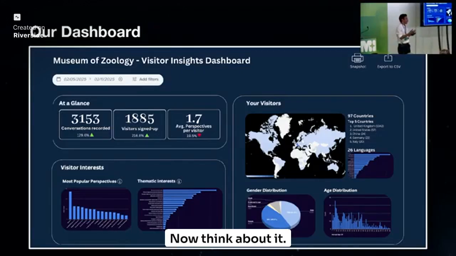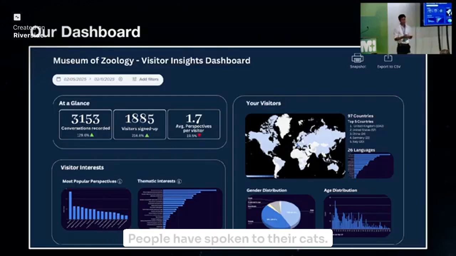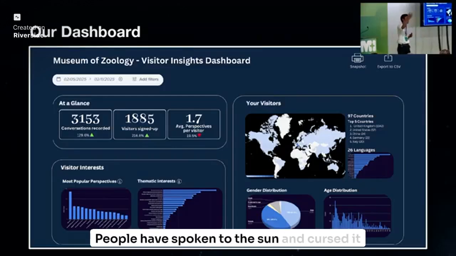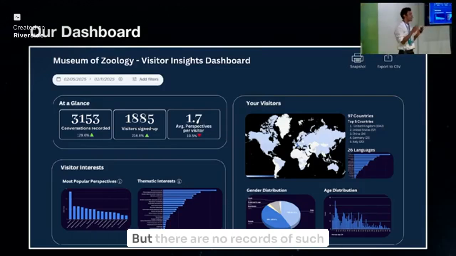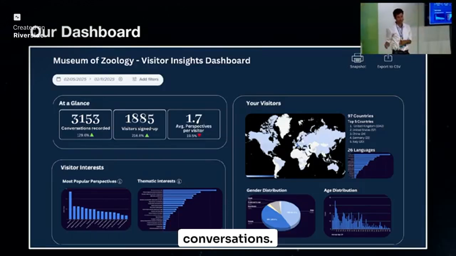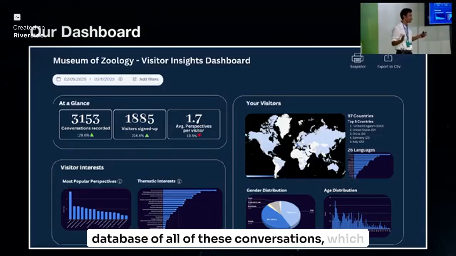Now think about it. Everyone must have spoken to their dog. People have spoken to their plants. People have spoken to their cats. People have spoken to the sun and cursed at it when it's too hot. People have spoken to clouds, cursed at them when it's raining too much. But there are no records of such conversations. This is the first time that we have created a database of all of these conversations,